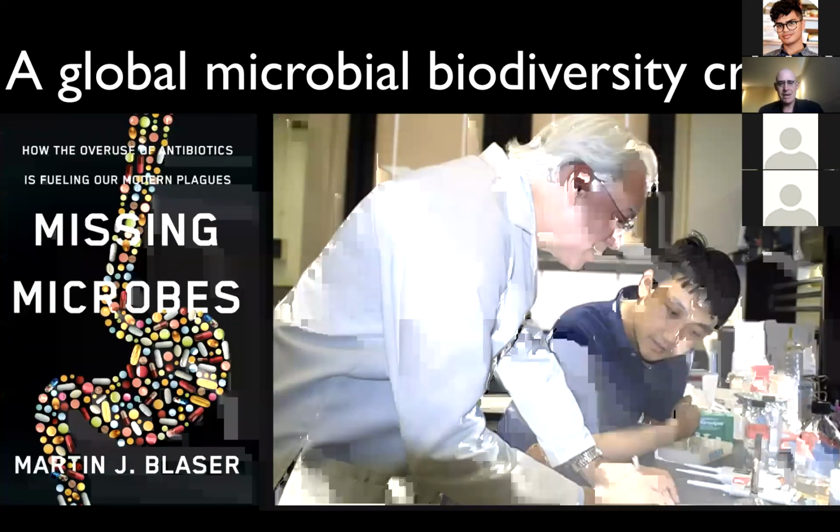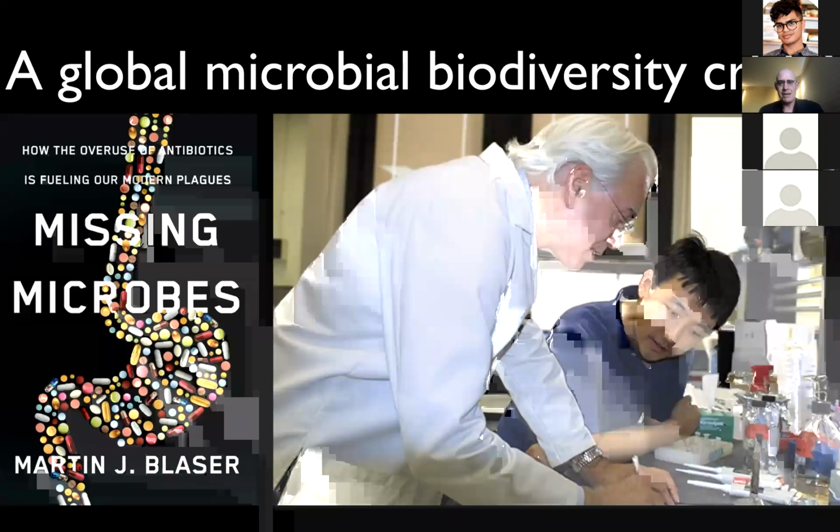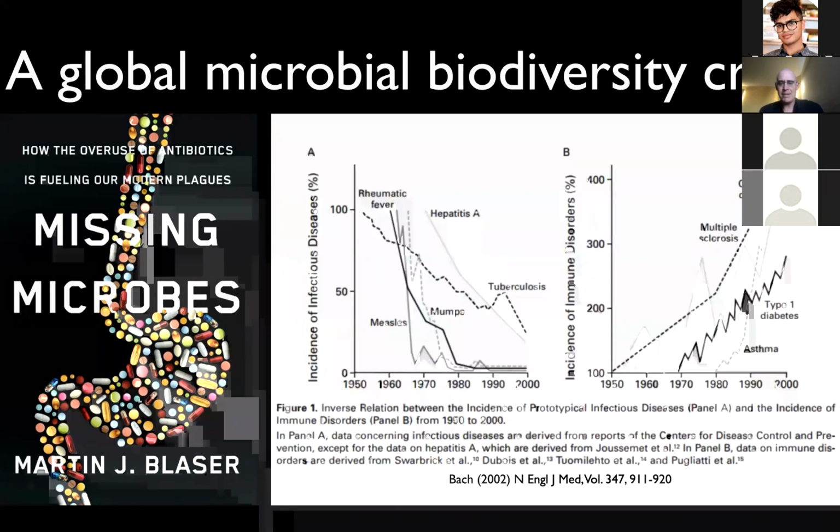More recently, my colleague Marty Blaser a few years ago sounded a similar alarm call for the microbial ecosystems in our gut, which we're ravaging through the overuse of antibiotics, but also through a wide range of other issues, including overuse of C-sections, low-fiber diets, and so on. And what's amazing is that over the 20th century, as one disease after another caused by a single pathogen, everything from measles to tuberculosis, was brought under control, at the same time we see this massive explosion of chronic diseases, including things like multiple sclerosis, diabetes, Crohn's disease, and so forth.